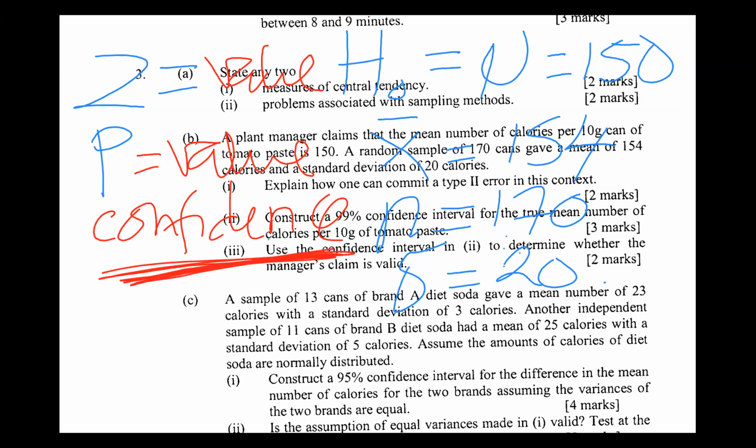How do we use the confidence interval to test for the validity of the following statements? Under the confidence interval, it is given that the confidence interval will be X bar, which is the mean from the sample, plus or minus the z-score, alpha, which is the significance level, divided by 2. That is for the double-tailed